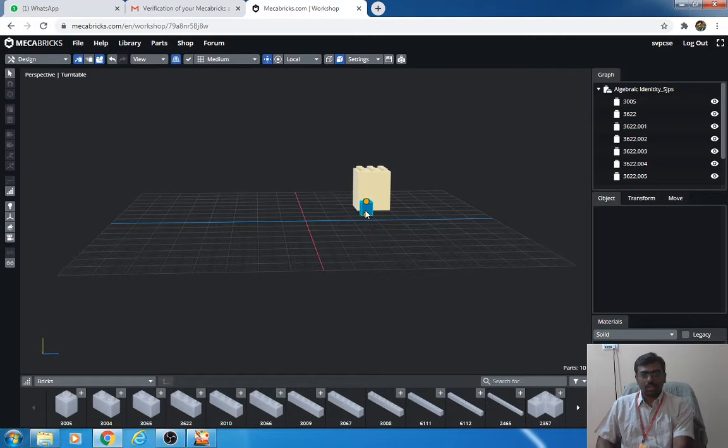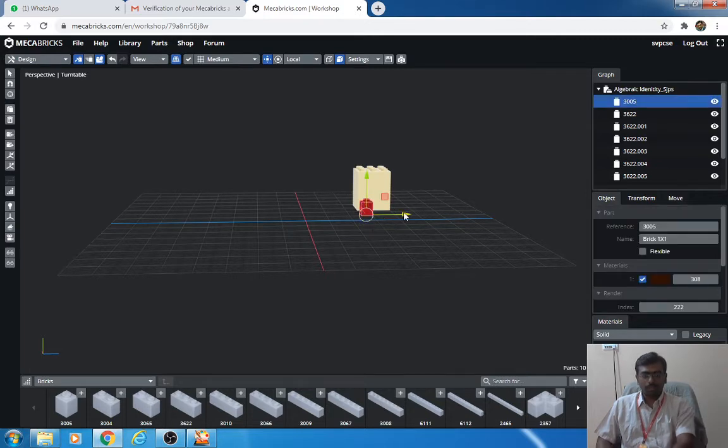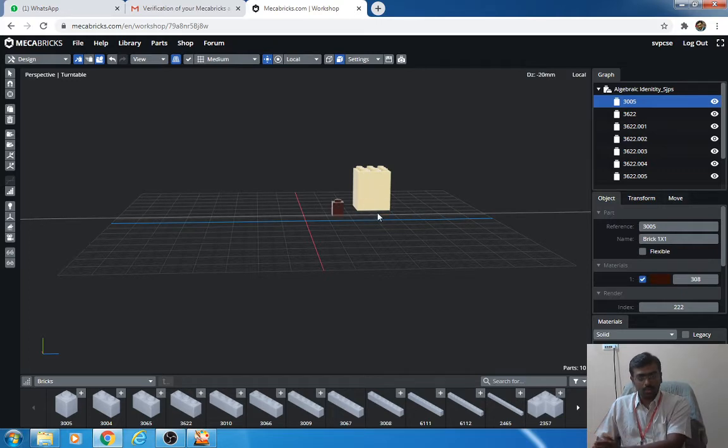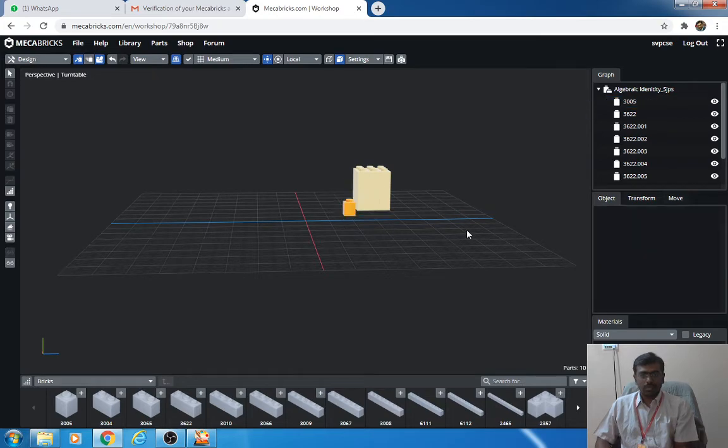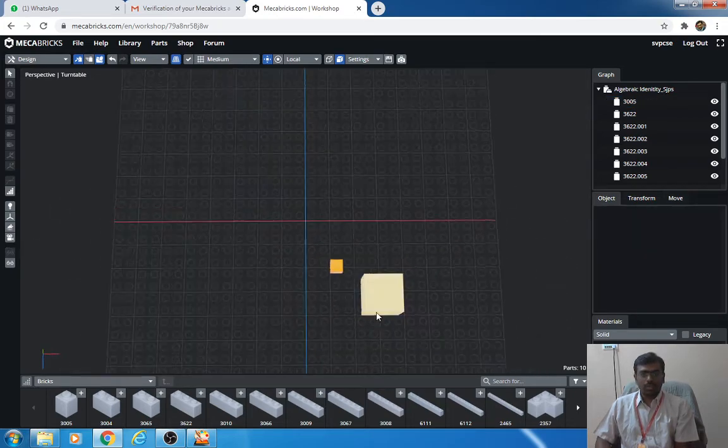You have to place it. If you want to make it front, drag front. If you want to make it back, just make it back. I am making it in a cross way, in a diagonal way. Chocolate brown is not an appropriate color, so we'll choose a light color. Yes, this color we will choose. Now it is made in this way.